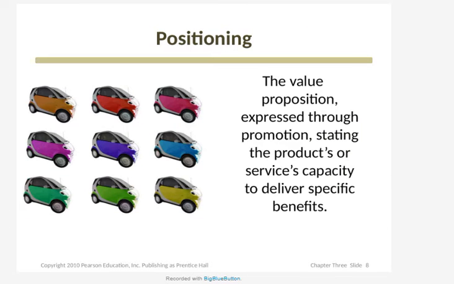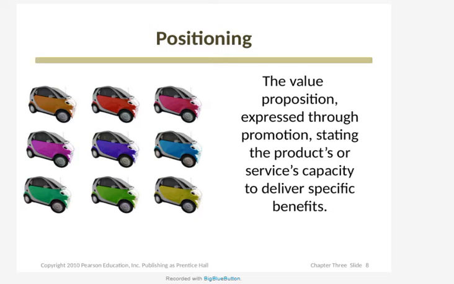You can say segmentation is dividing the market into segments. Segment means sector, so I divide the market into sectors. Okay. And after I do this, I do targeting. So I look at how I will divide my target market, and I will tell you later how we divide the market. And after that I see which segment I target. I divided it, for example, into male and female. And I decided to produce a product for females. Okay?